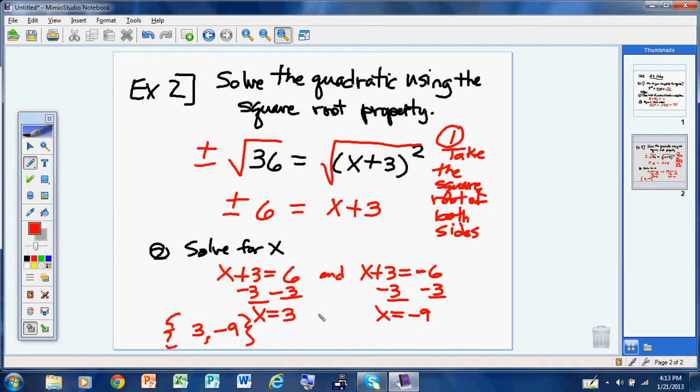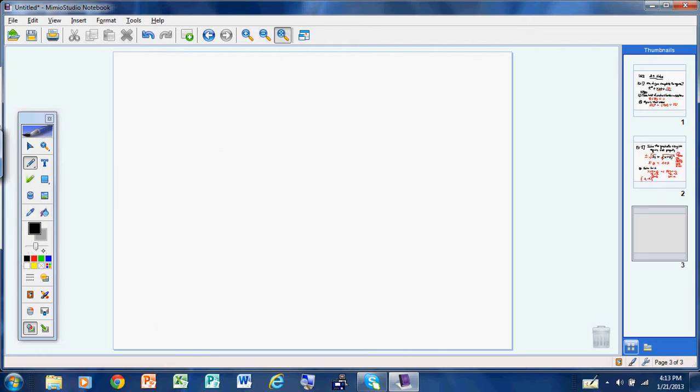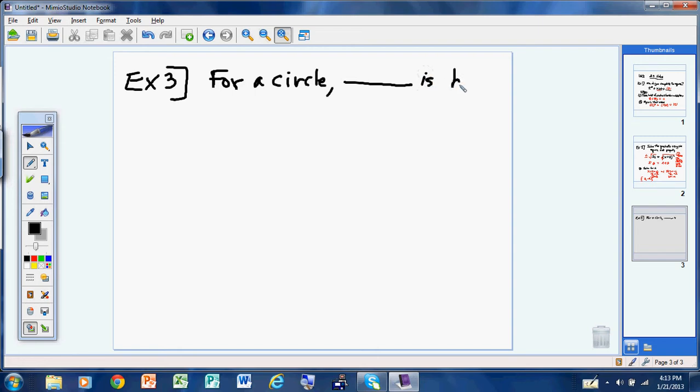Okay, let's do another example. Example 3. Example 3 has a statement with a missing blank. It says for a circle, comma, something is the distance